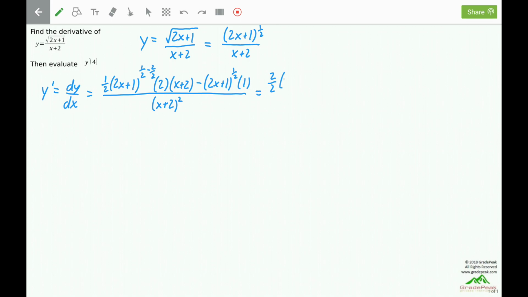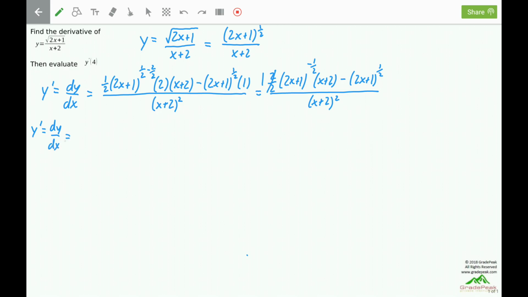We also have a 2x plus 1 to the 1 minus 2, which is negative 1/2, and we have an x plus 2. And then we have minus, and then the second thing is all multiplied by 1, which just means it is equal to itself. So we have the 2x plus 1 to the positive 1/2. And then all of this is over that denominator squared, so we have x plus 2 quantity squared. The 2 over 2, those will cancel to be just a 1. So y prime, or